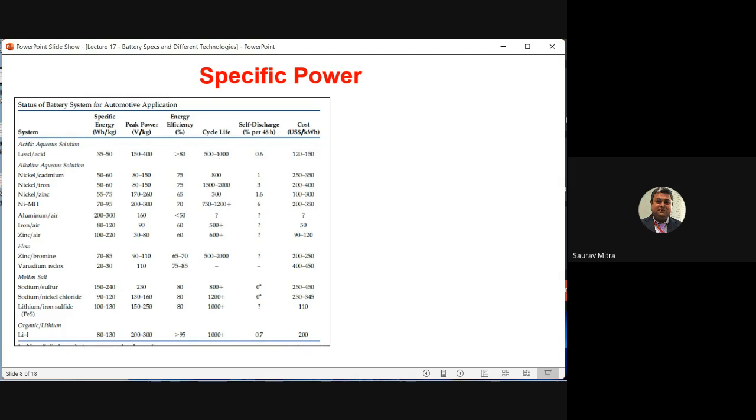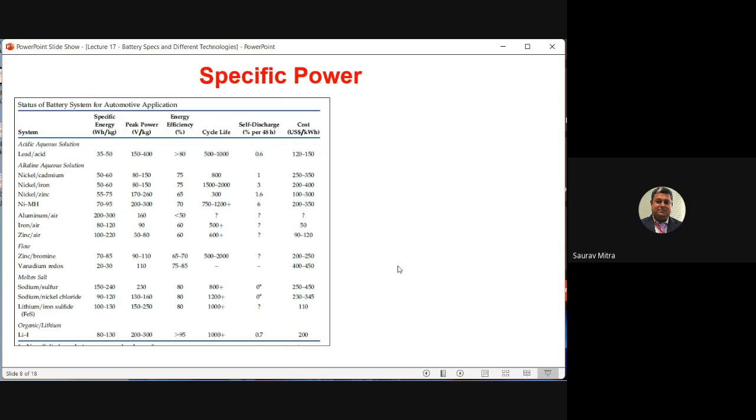One question you can write down from this slide number 8 is: compare the parameters of lead acid battery and lithium ion battery. Though I told you that I will not be asking, this one question you can prepare, and it can be asked for 5 marks with some more additive questions. You only have to remember 5 or 6 details with the parameters: specific energy, peak power, energy efficiency, cycle life, self discharge, and cost. Cost is also quite high but not very high. With respect to 150, there is only a 25 to 30% increase.